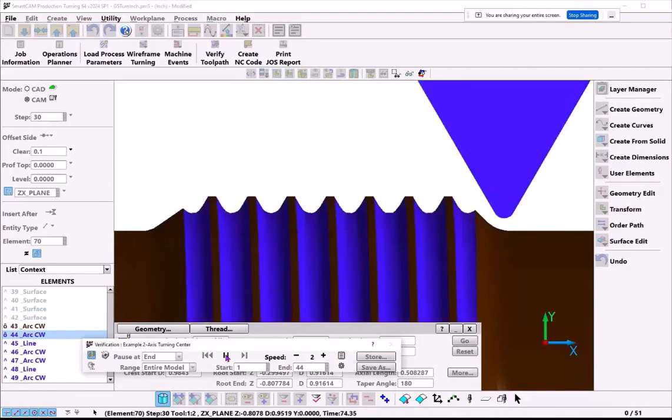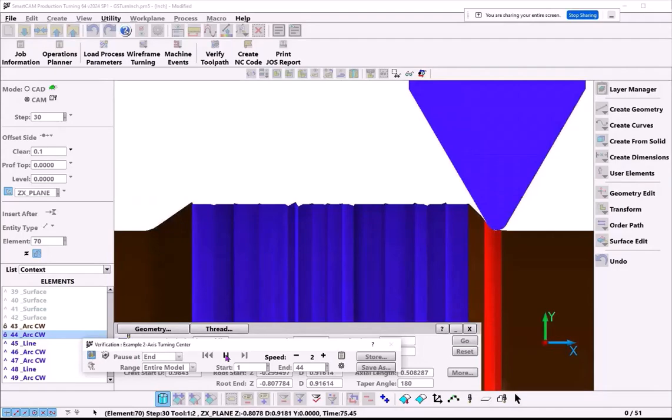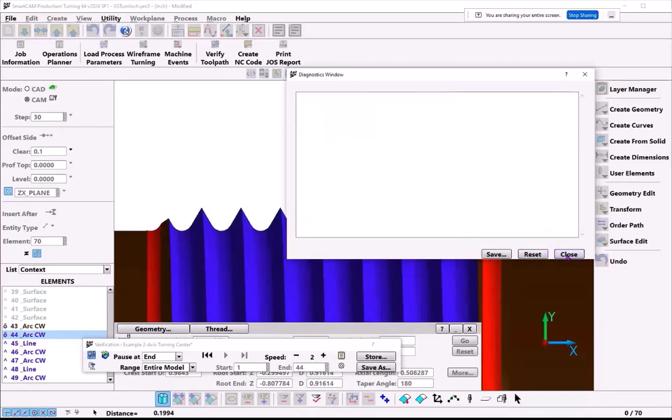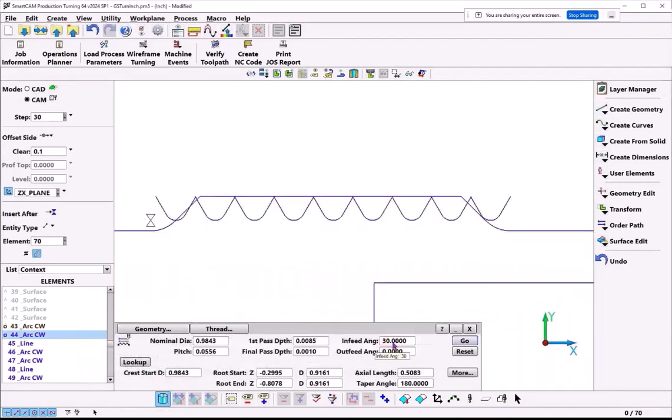And then here we go to threading. Oh, we got a little red here. That means it's nicking the part. We even get a little rapid collision here. So I'm going to reset and close. So what that means is that we need to increase our in feed and out feed. So let's go ahead and close this, undo,